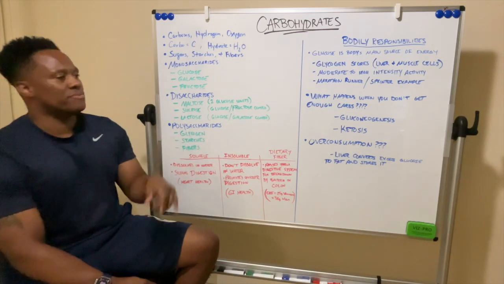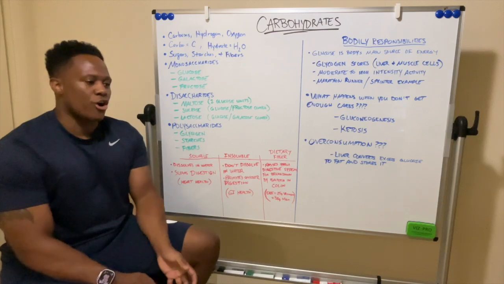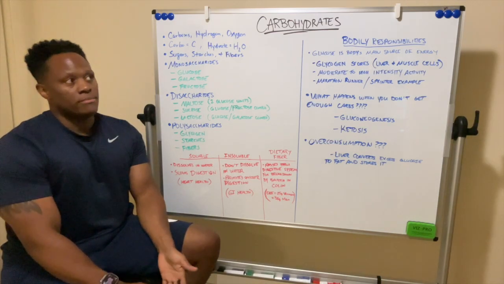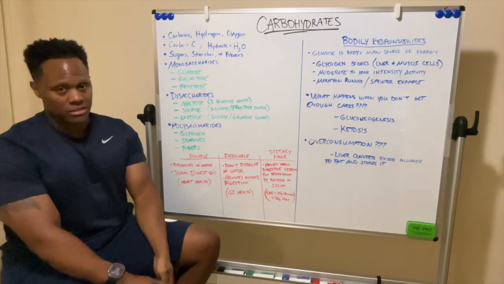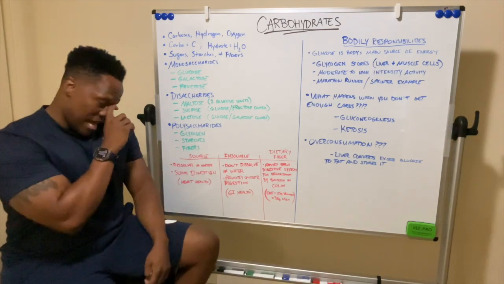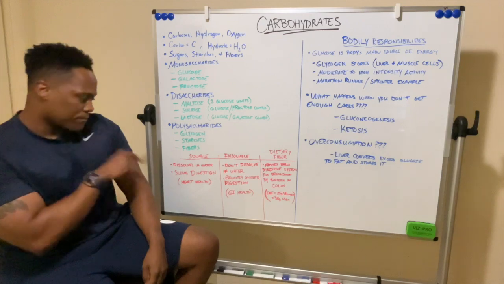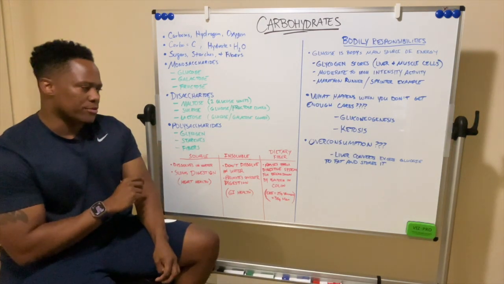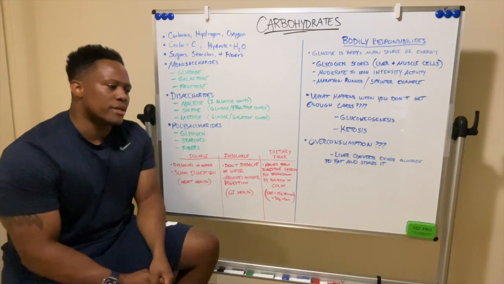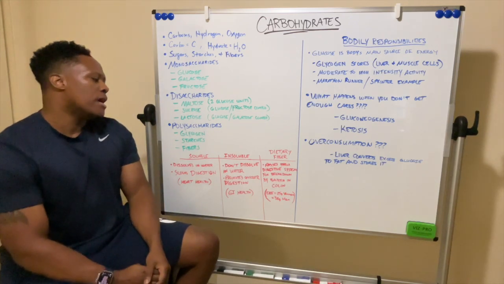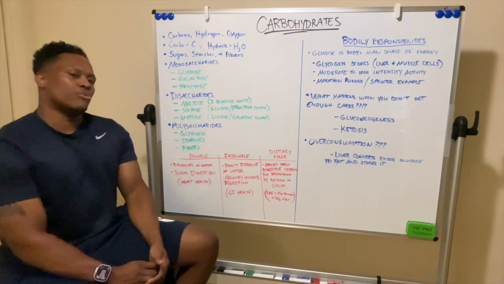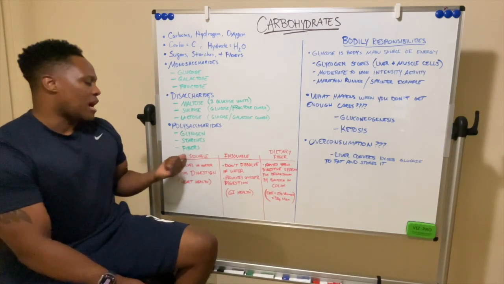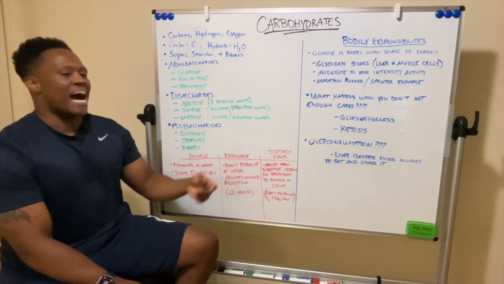Then you have starches and fibers left. Starches essentially occur in foods like rice, wheat, barley, bread, pasta. Those are all starches. And now fibers, okay, from what I remember, there are 3 different types of fibers. Some of y'all know what fiber is and what it does for you already, but maybe some of y'all don't know that there are different types of fibers. What I have here are soluble fibers, insoluble, and then dietary fibers.